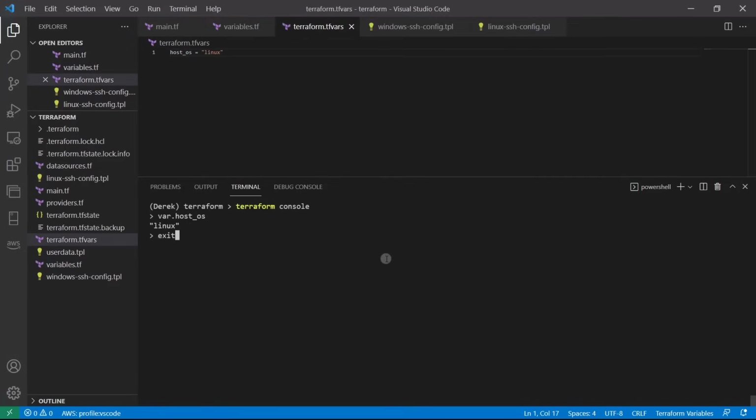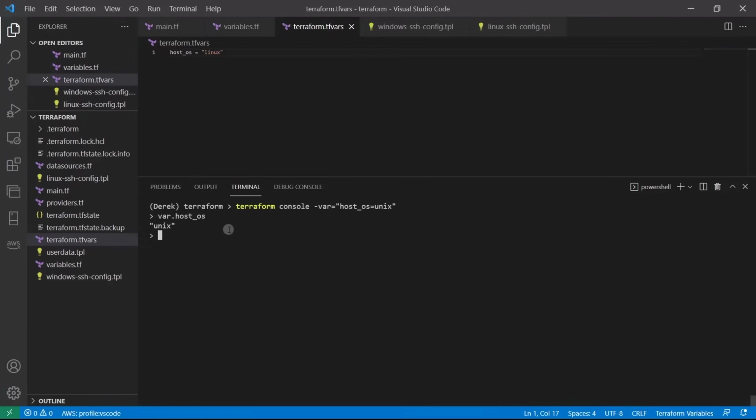So now I'm going to get out of the console again. Now let's say we have, I don't know, a Unix system, or we want a different script that only works with OS X, and we want to specify that. Now, if we still have these two files, how are we going to override this value now that we have it defined in terraform.tfvars? Well, there are a few ways to do that, and one way is to specify the variable in line with our command. So if I run terraform console -var, and we'll just say host_os equals Unix, just like so, now